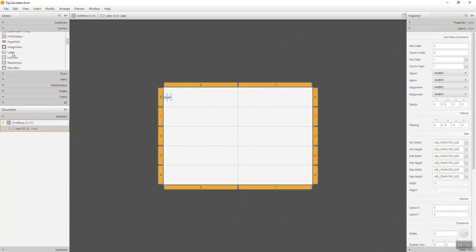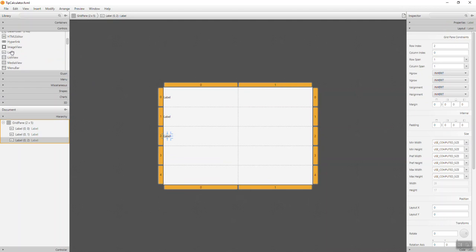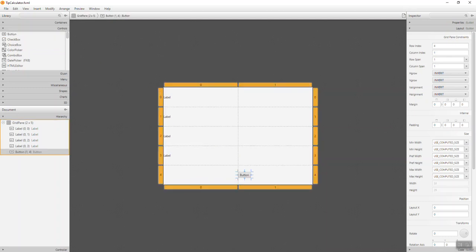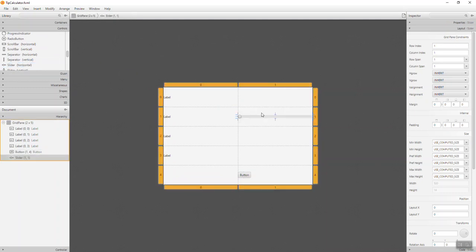So we're going to add some labels here and change the text of them. We're also going to add a button. A slider that's basically going to allow us to select the tip amount, tip percentage rather,